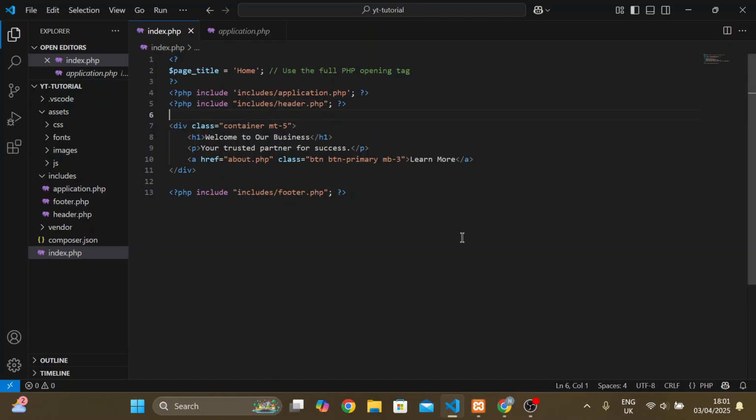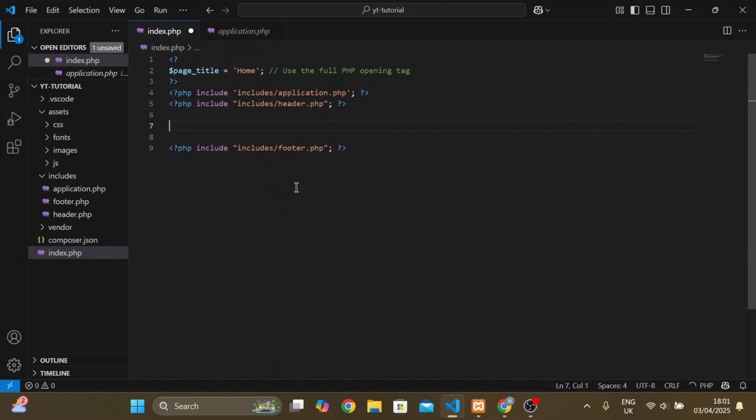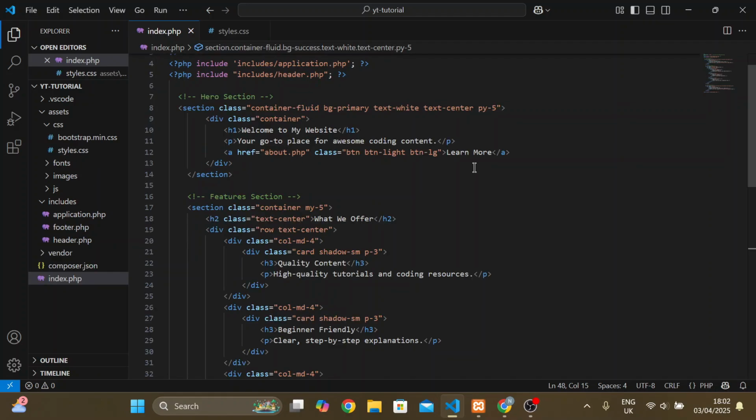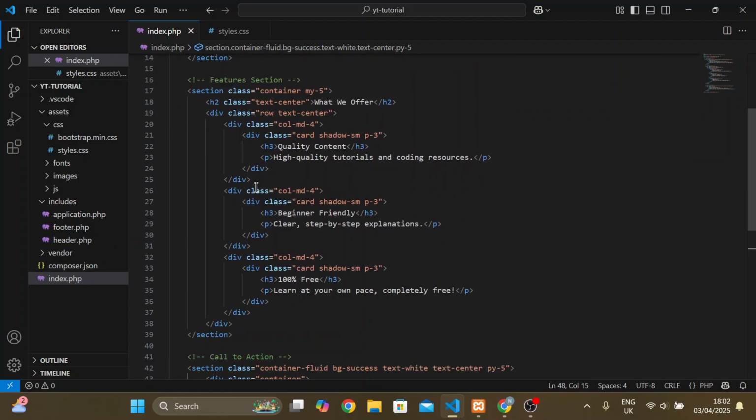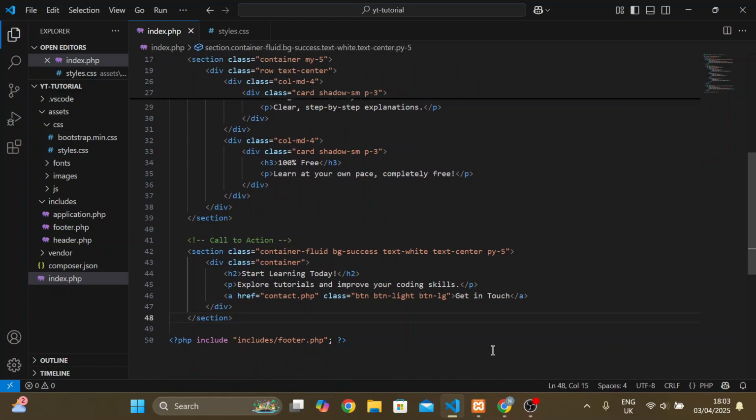Now we're going to include a hero section, a features section and a call to action on the homepage to make it look more professional and just to give it a bit of an upgrade. Firstly, we're going to get rid of this div and save that. So now we've got our hero section, our features section and a call to action which looks